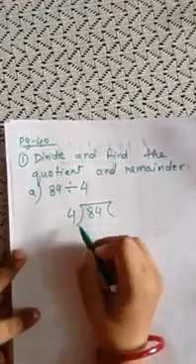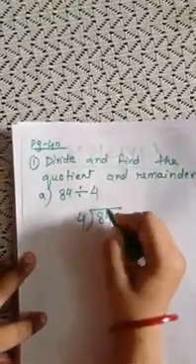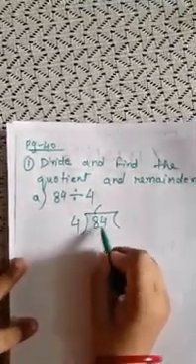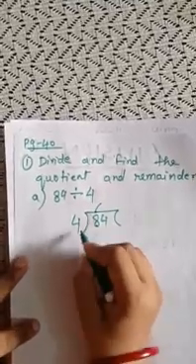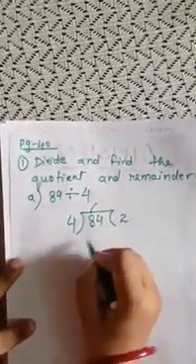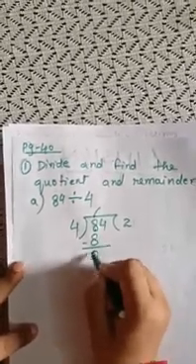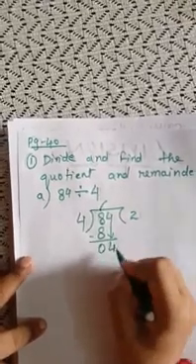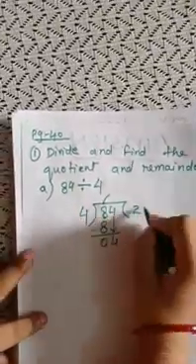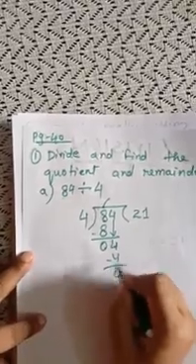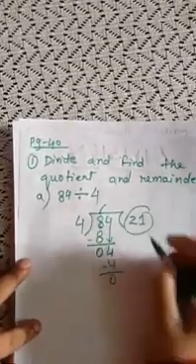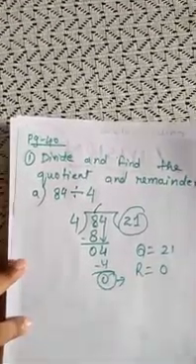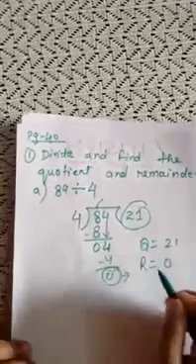Now I will start the multiplication table of 4 and I will take the digit at the highest place value. Here highest place value is tens. So I will take 8 tens. So start the multiplication table. 4 2s are 8. Subtract 8 minus 8 is 0. Now I will put down this 4 ones here along with the 0. So 4. Now start the multiplication table. 4 ones are 4. I will do the subtraction. Remainder is 0. So here this 21 is the quotient and remainder is what? This 0. Right? So here you have to write down quotient and remainder.